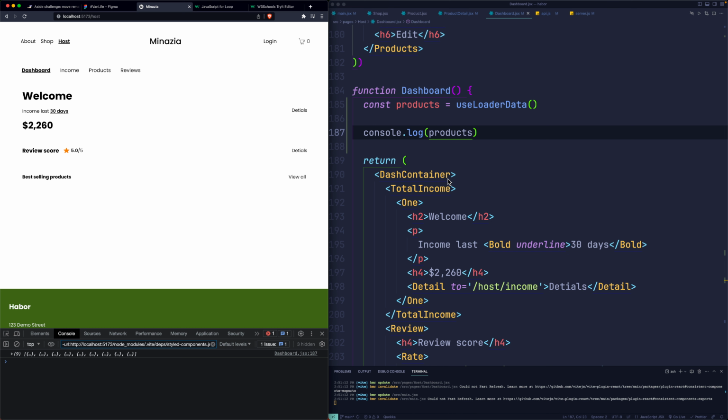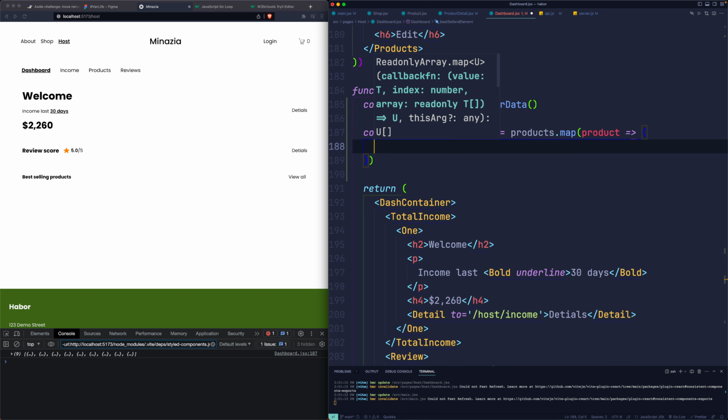So I can say const best sellers elements, and then dot map, and then the product, and then we're going to say if the product dot best seller, and let me make sure that's how I did it, best seller is true, then we want to go ahead and return the product,